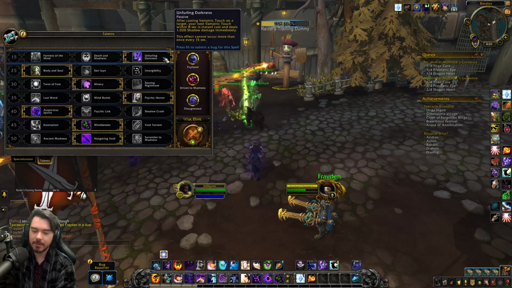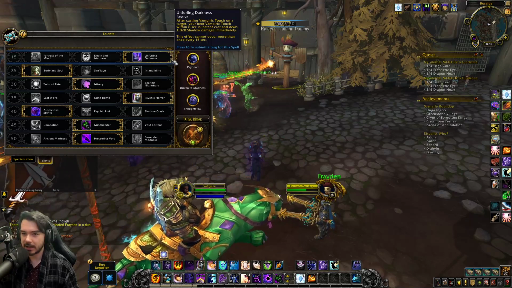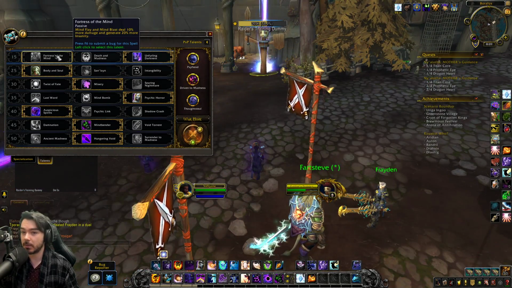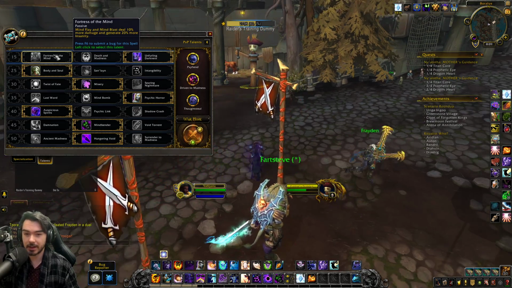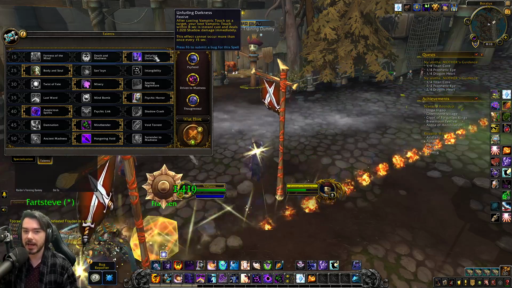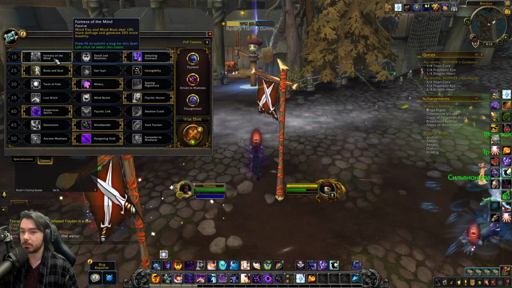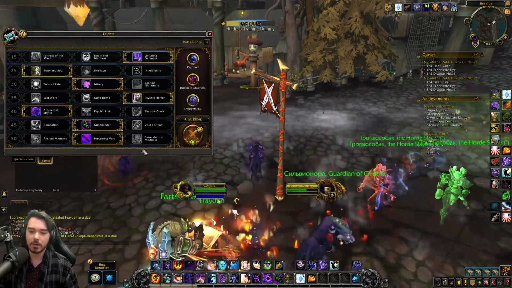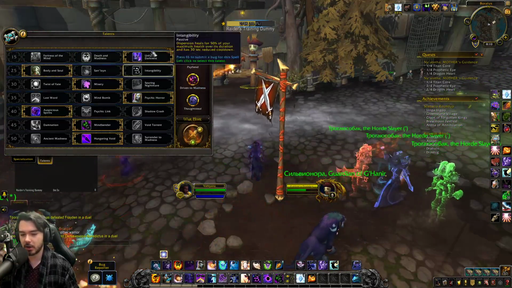For our talents then, this is your sort of cookie cutter talent build, I think, for most situations. Fortress of the Mind is going to be the best one for pure single target. Once you add in a second target, even a little bit, I think Unfurling Darkness is going to pull ahead. Fortress of the Mind just makes your Mind Flay, your single target filler, and Mind Blast do more damage and generate more Insanity. So if you're ever going to be using Mind Seer, or if you're going to be multi-dotting,